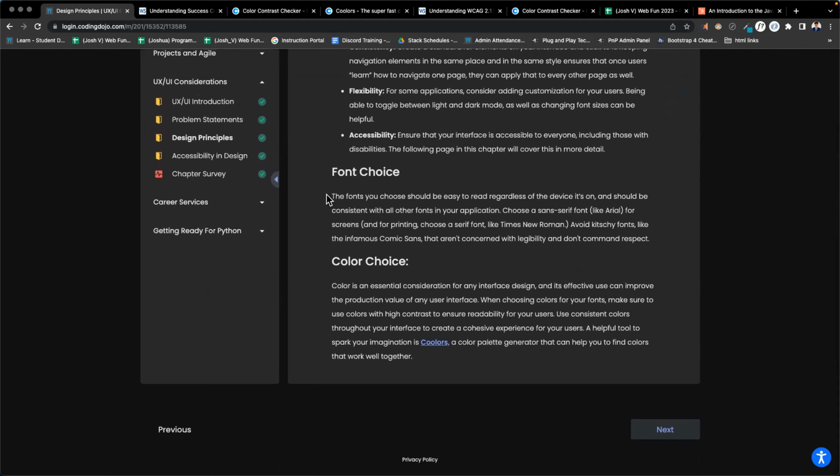Font choice. The fonts you choose should be easy to read regardless of the device it's on, and should be consistent with all of the fonts in your application. Choose a sans serif font like Arial for screens, and for printing, choose a serif font like Times New Roman. Avoid kitschy fonts like the infamous Comic Sans that aren't connected with legibility, and don't